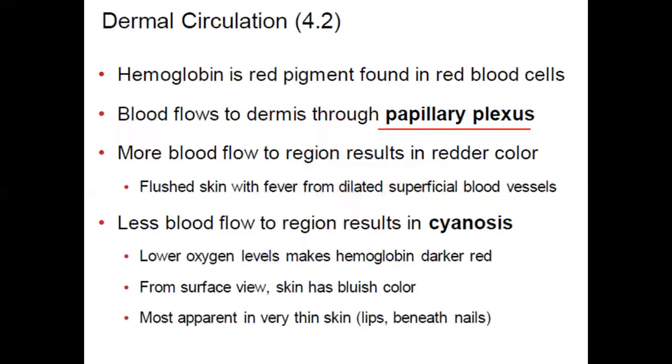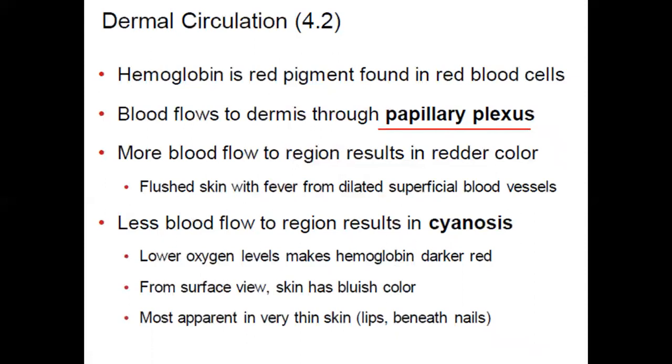In the dermis, the circulation, the blood flow to the dermis is by way of what's called the papillary plexus. And a plexus is a network or an intertwined, kind of looks like a spider web of blood vessels. Lack of blood flow to the skin can result in what's called cyanosis. So if you've ever seen somebody turn blue, cyanosis is basically a lack of blood flow to the skin, where